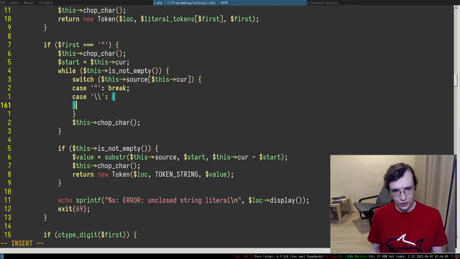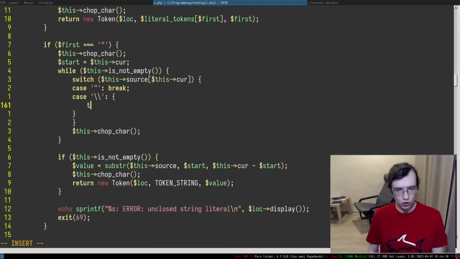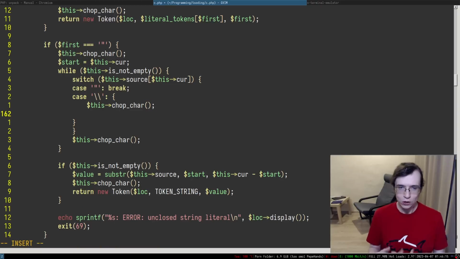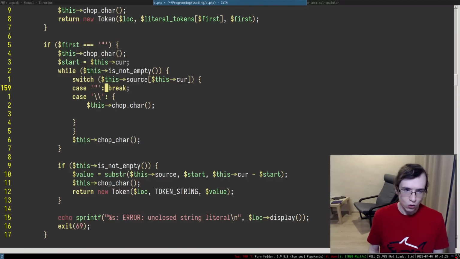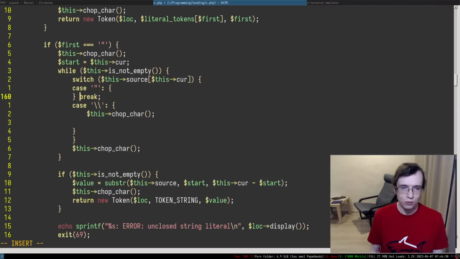In that case, I just chop the current character, and I look at the next character again. But this one is rather interesting. Essentially if we encounter the open bracket, I think we have to actually break out of the loop.